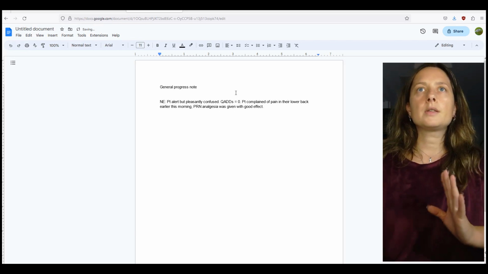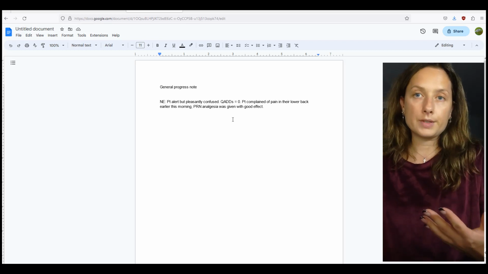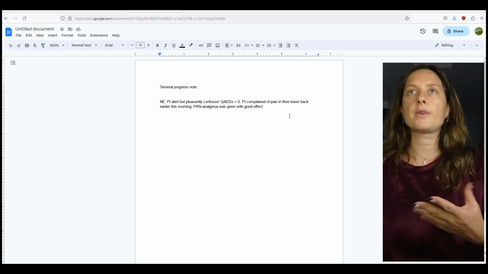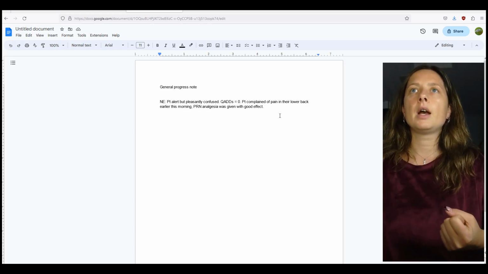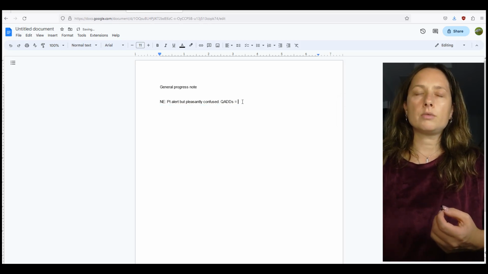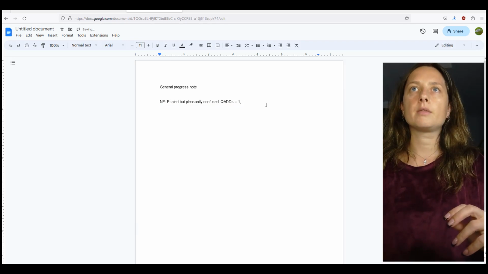Okay, you can say PRN analgesia, or you can say PRN Endone, for example, 5 milligrams was given with good effect, if you want to specify what type of analgesia you gave. Okay, if the Q ADDS, let's say, is not 0, let's say Q ADDS equals 1, I usually specify 1